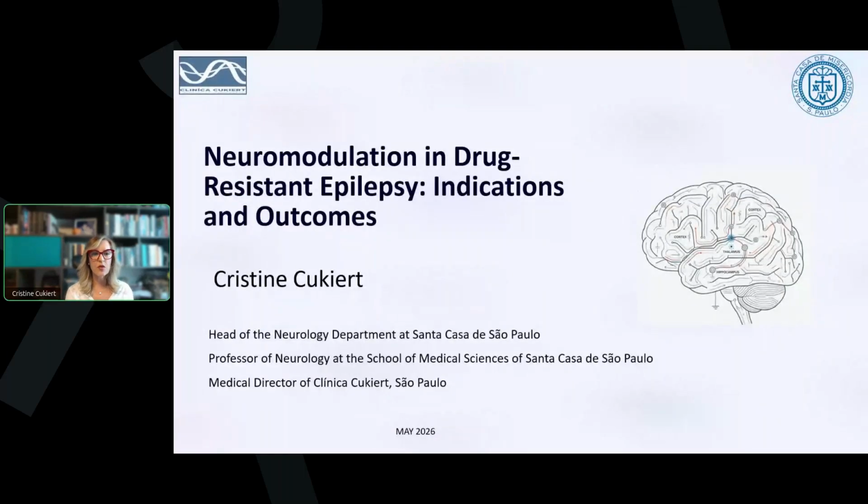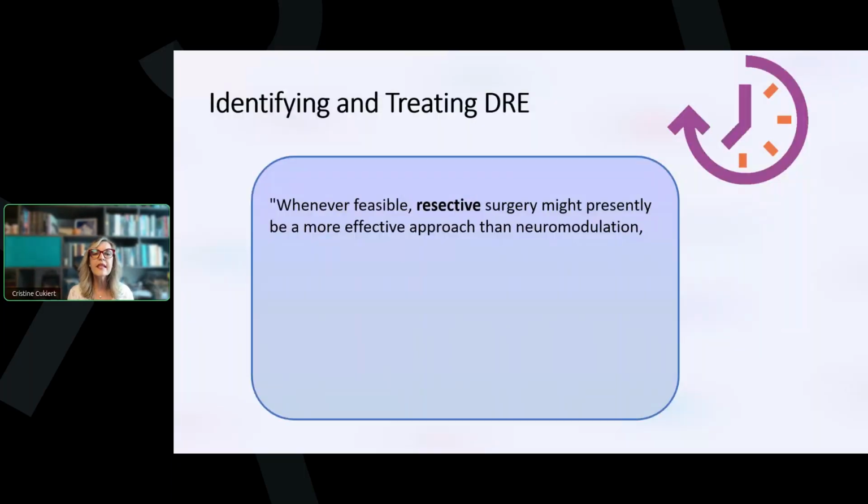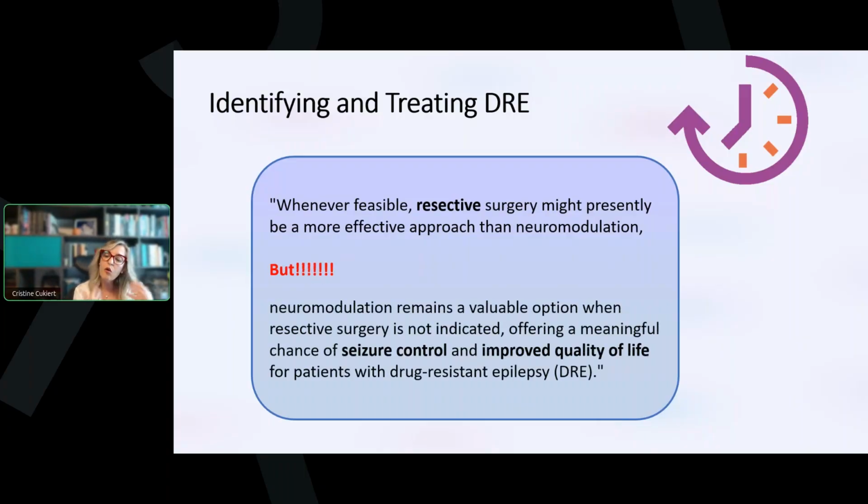Okay. So we'll talk about the neuromodulation in drug-resistant epilepsy. I think the first thing is to identify and treat this different kind of epilepsy that Manjari was talking about. We first need to go to resective surgery if possible, but sometimes it's not possible. And then we can offer the neuromodulation for these patients, because not only for seizure control, but also to improve